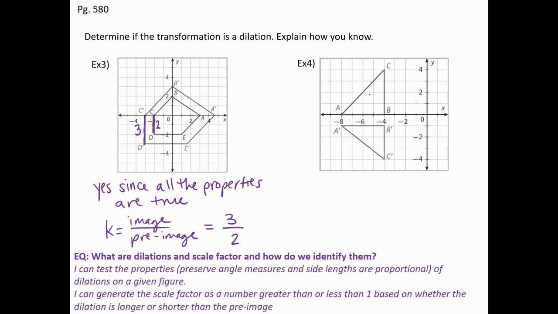Number 4, this one, looking at all the properties, do we have angle measure? It looks like maybe the one that I would really question is the C right here. Are those two really the same? I don't know, but collinearity looks good. Looks like I have the same points on the same lines. Where I have a major issue is orientation. So this one would be no, since